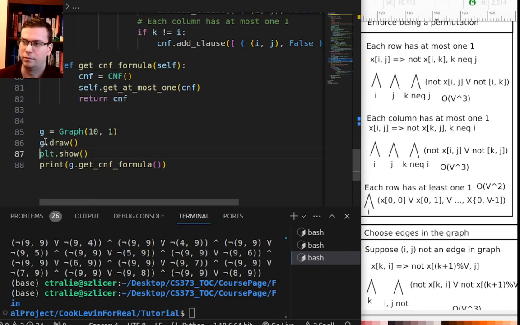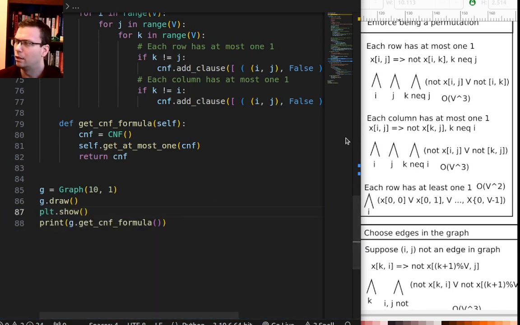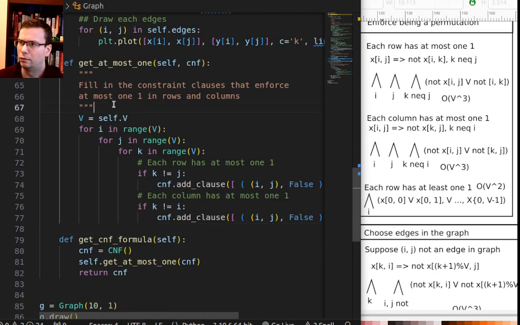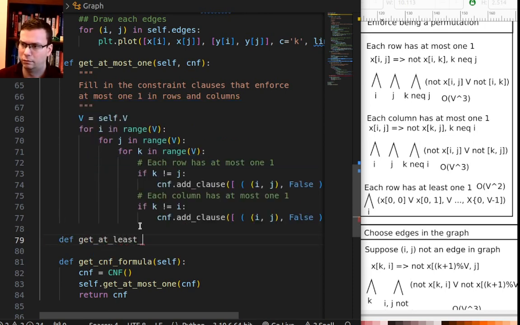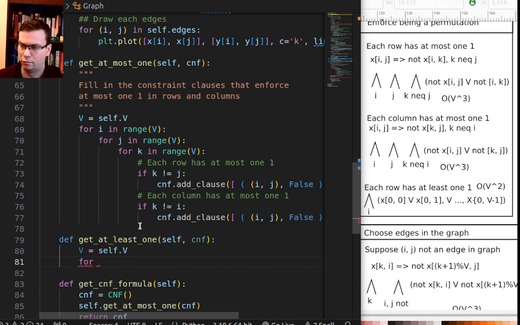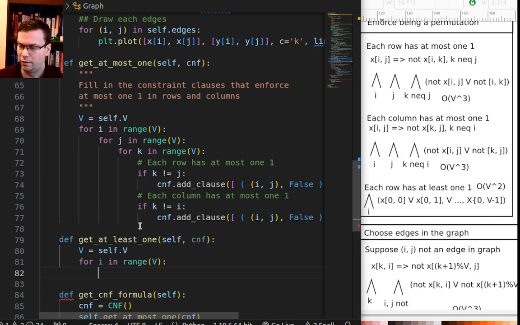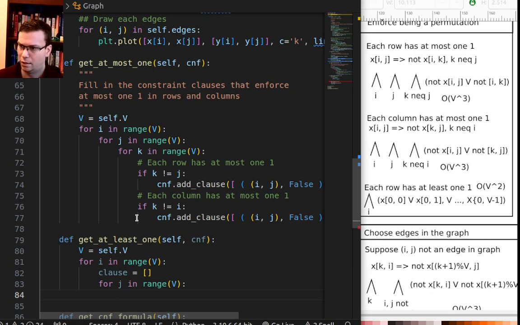All right, cool. So that's fun. Let me do this one now. So I've taken care of the row and column, and hopefully we're convinced of that after looking at that. Let's do at least 1, 1 now. So I will say here def get_at_least_1_1. And so that's just a matter of saying, okay, let me go through i in range v, and then in this case I'm going to have a clause that I'll fill in. I'll say for j in range v. I want to make sure that,